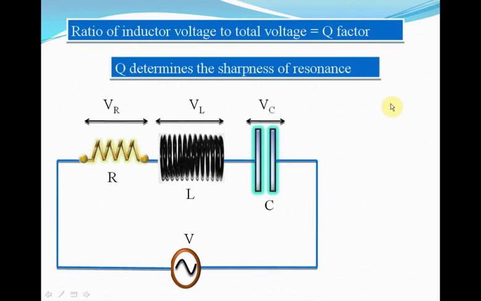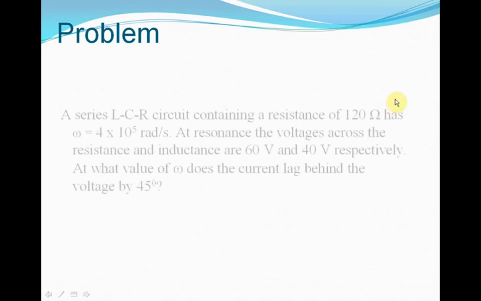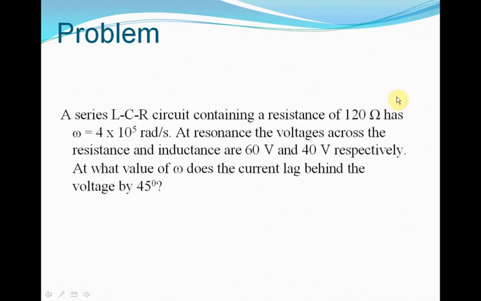So that was about resonance and the quality factor. And after studying so much, won't we solve a problem? Of course we will. A series LCR circuit containing a resistance of 120 ohms has omega equal to 4 into